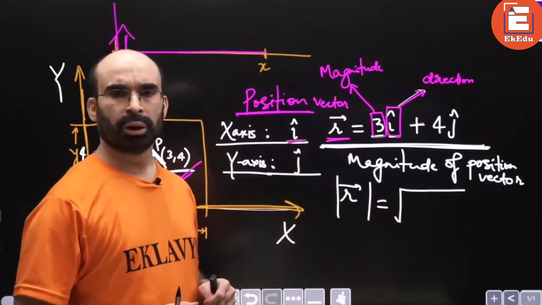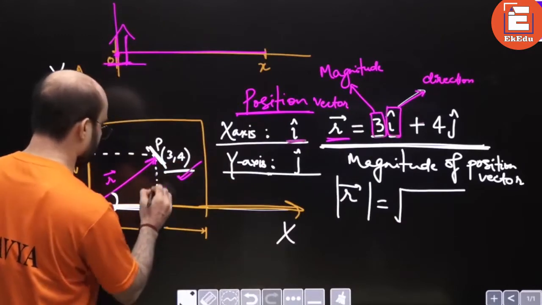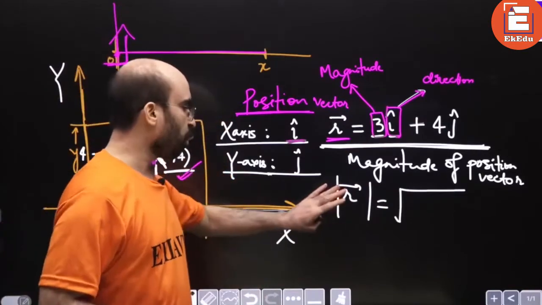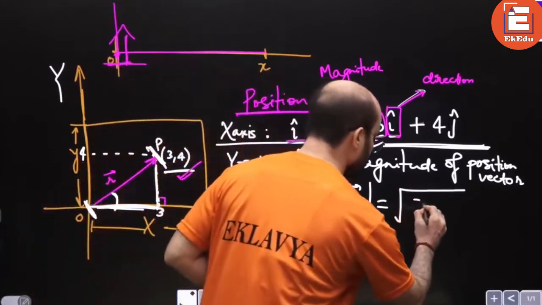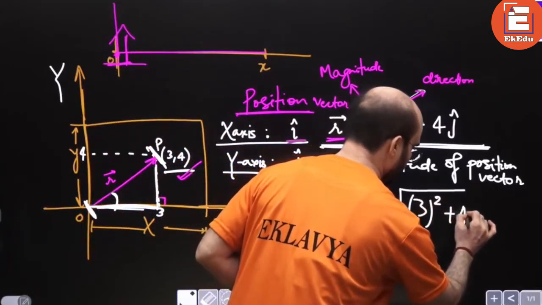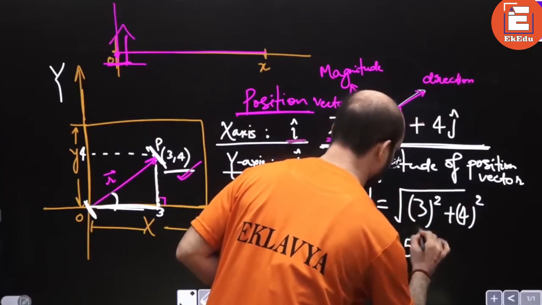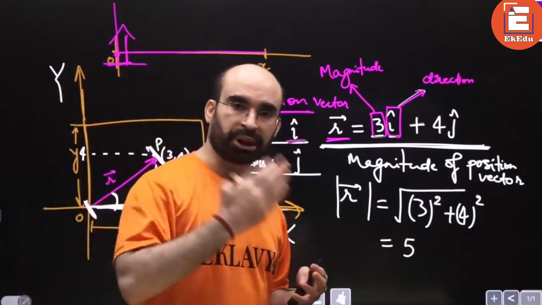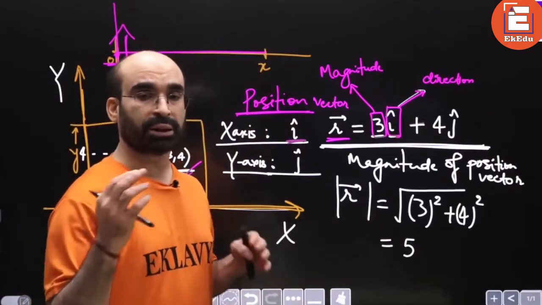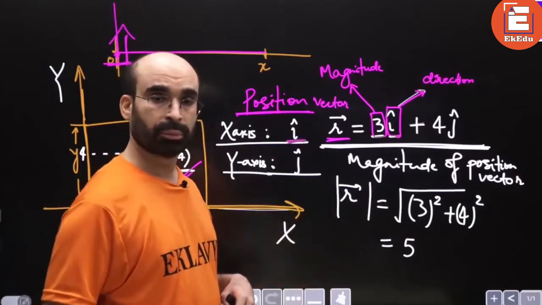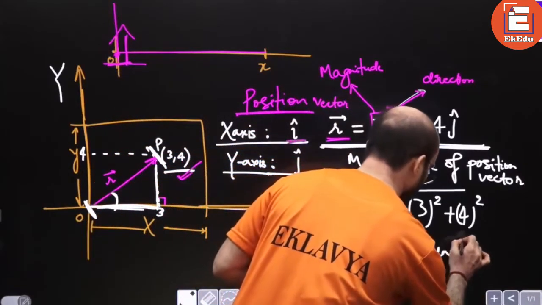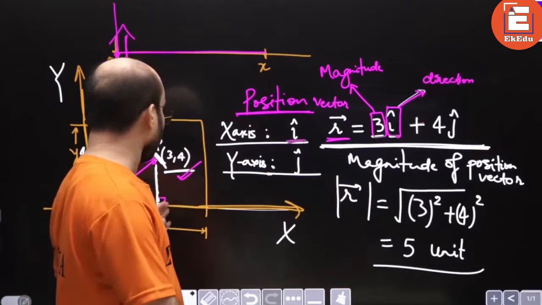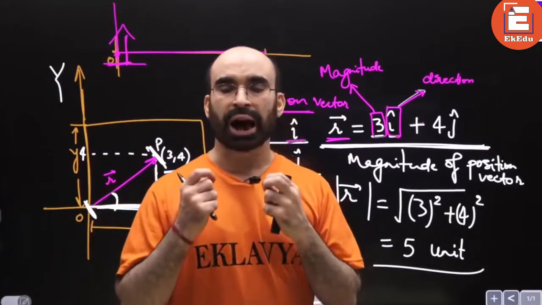It is simple, no? See, this is 3, this is 4. What is this? Pythagoras theorem. At this moment, we just need to do this. 3 square plus 4 square, that is going to be 5. If the 3 and 4 coordinates are taken in meters, then it would be meter. If taken in kilometers, it would be kilometer. Whatever unit you put, this is the unit. So this is just the magnitude. There is a sense of direction also as a whole. So this is the basic idea behind